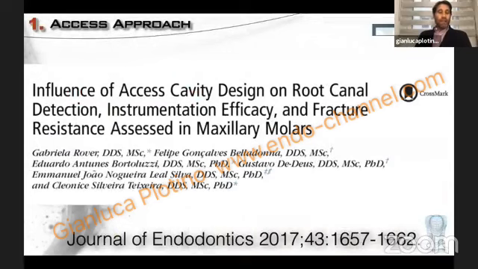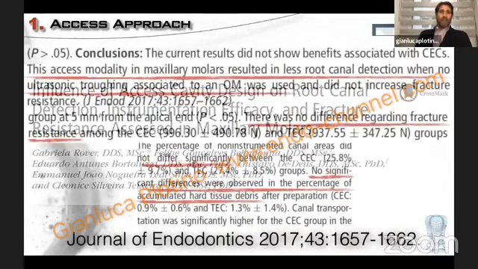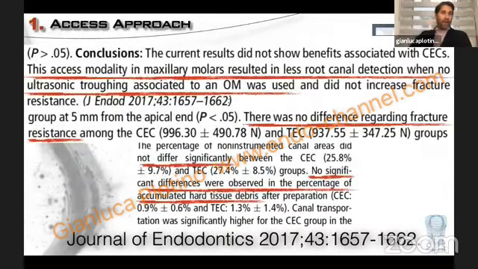In fact, it has been demonstrated that there were more canal detection when ultrasonic troughing was associated to an operative microscope.